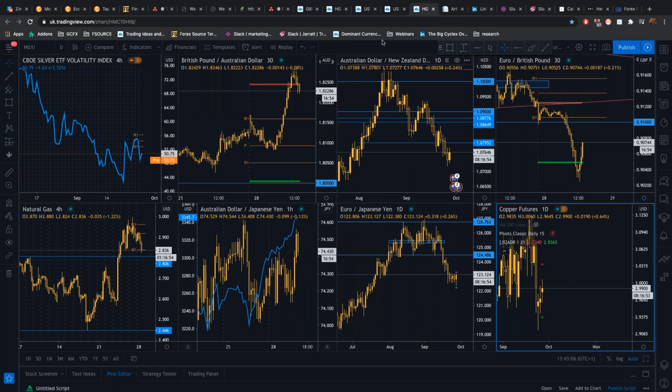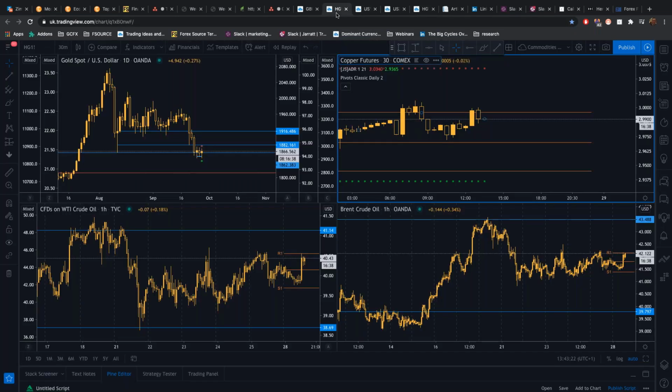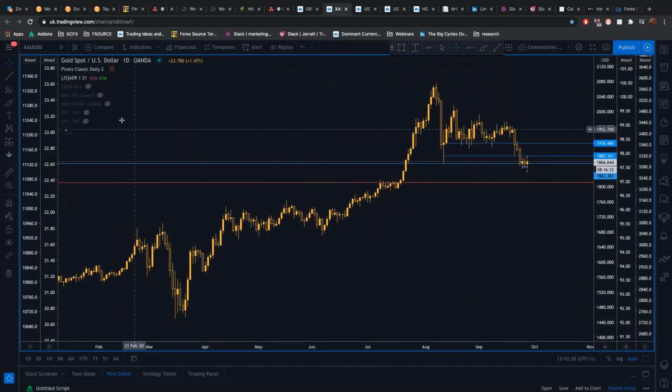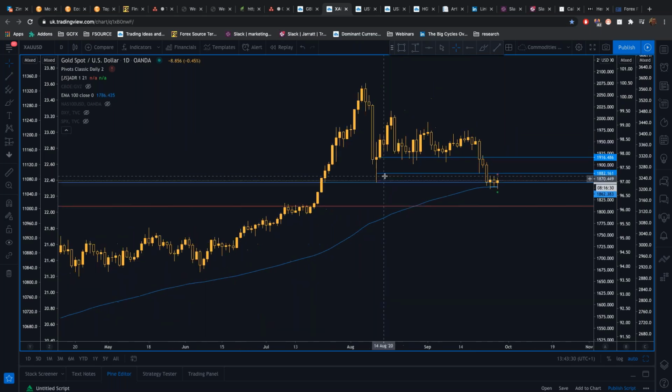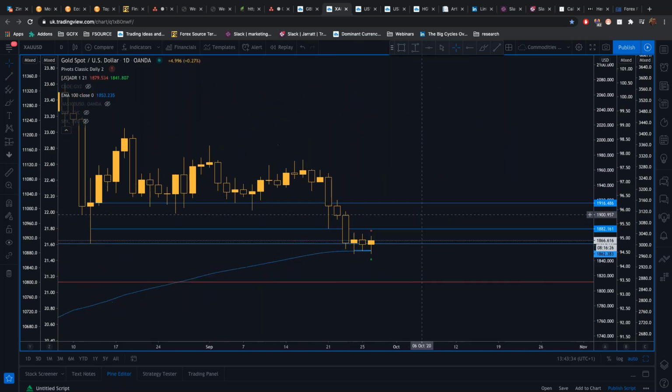Another key market to be looking out for today, and I'll come on to this in a minute, but one of the key things for this week is going to be the US dollar and the televised presidential election. I just want to show you gold's a very, very important pivot at the moment. If we just take a look at the gold chart, you can see that gold prices are just rejecting this 100 exponential moving average.